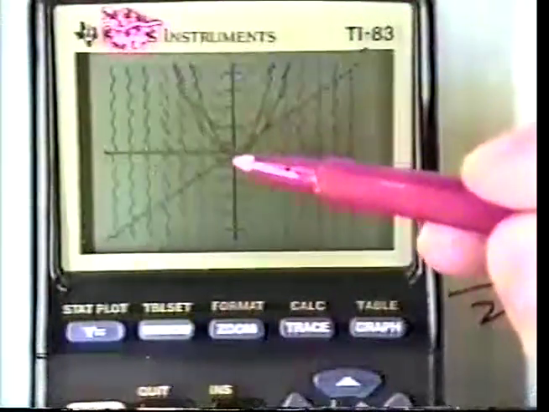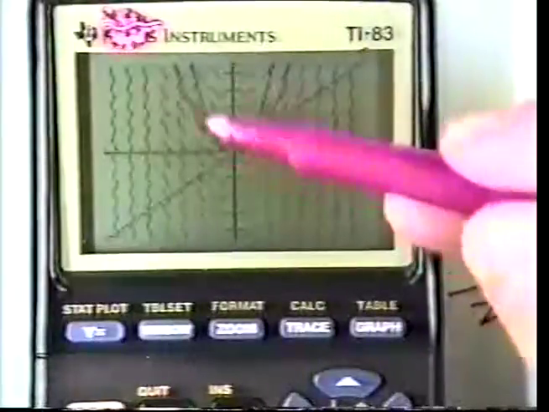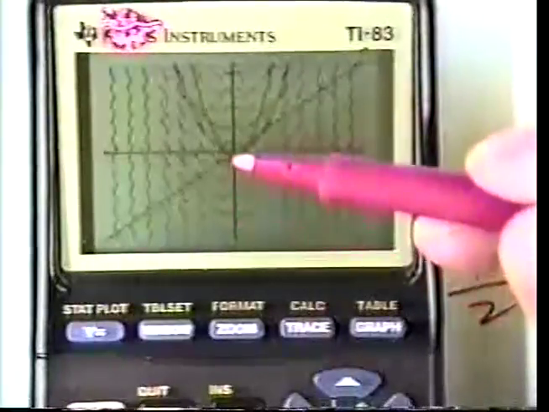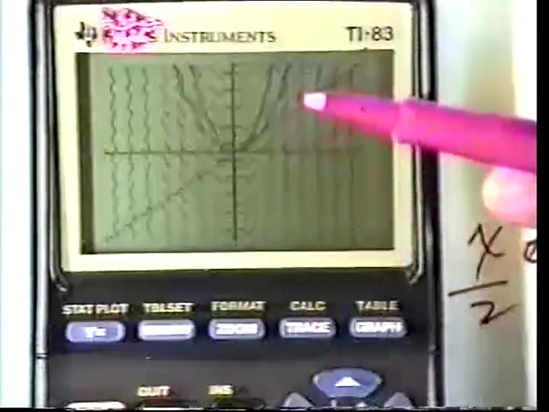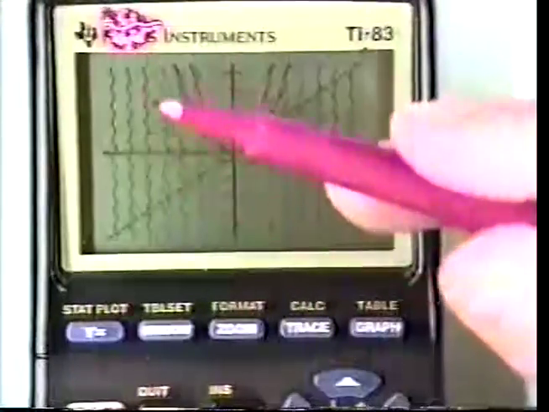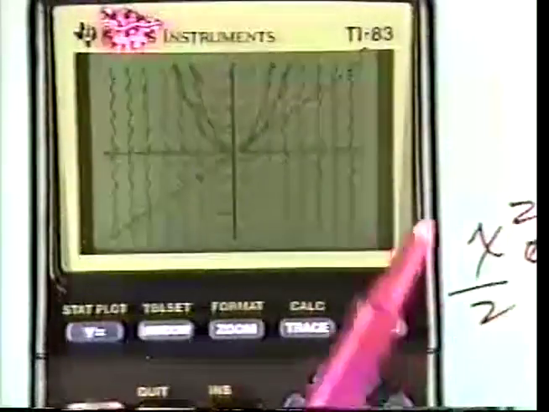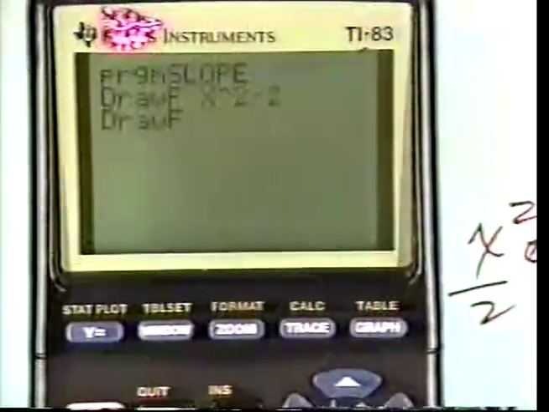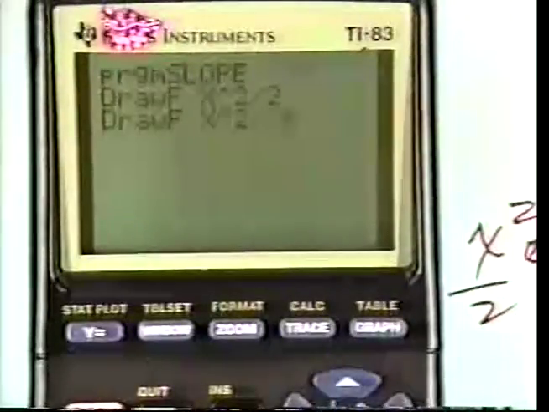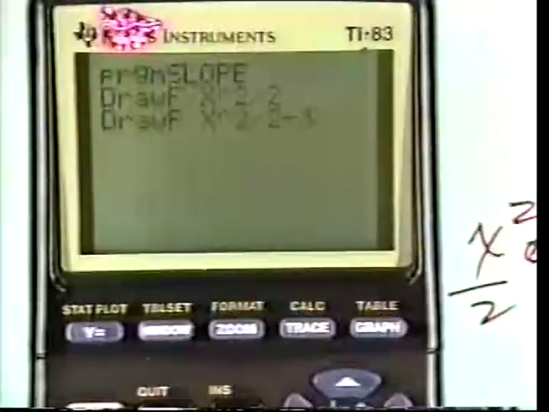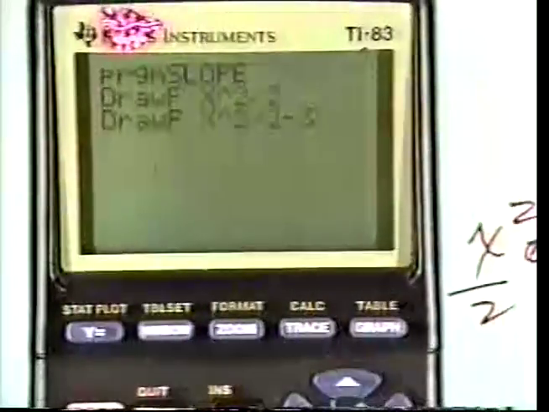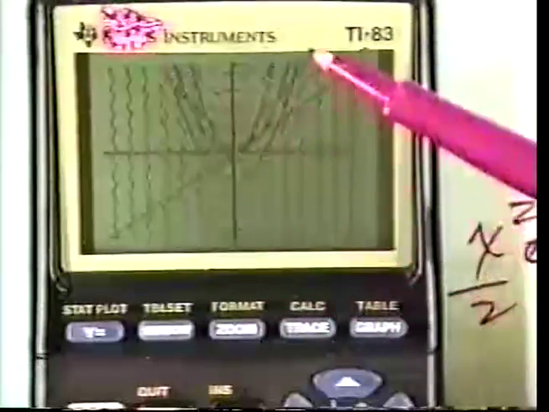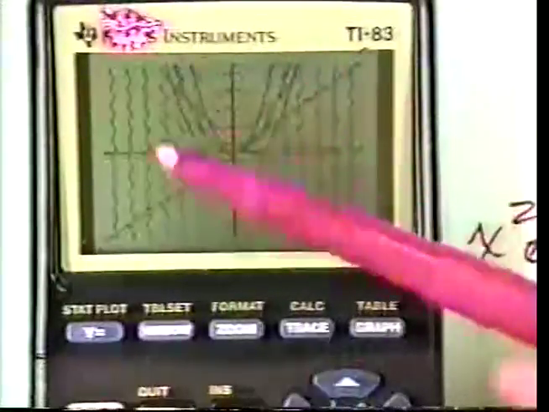Now, remember our C point, we let C be 0. If I let C be 1, it should draw the same parabola but just up one step. Or if I let C be minus 3, it should draw a similar parabola but down here going through the initial condition 0, minus 3. Well, let's do that. Let's do another second draw. I'm going to select 6 again, and this time I'm going to draw x squared divided by 2 minus 3. Because, again, we don't know what this constant is, so I'm just seeing what happens if it's the minus 3. And what I should get, there's minus 3 right there. You saw the parabola come down through that different